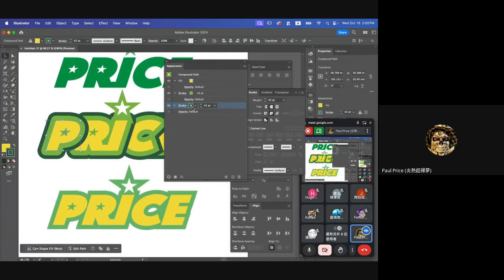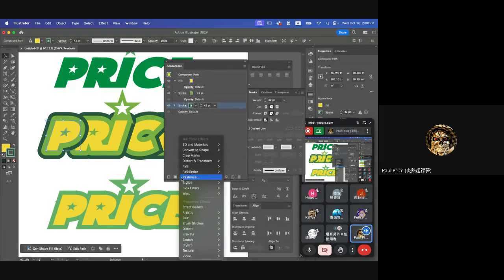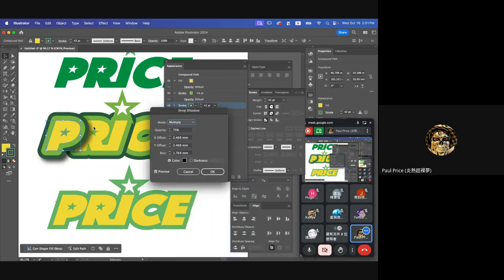For example, the P, we go into the, notice on the bottom, there's this FX, which means that you could add some effects. I could actually go to stylize and add a drop shadow. Okay? You have like a shadow underneath that block. Okay, of course, I don't know the opacity. I don't need it to be 75%. It's a little bit too dark. Maybe 20% would do. Yeah, I want it right underneath that